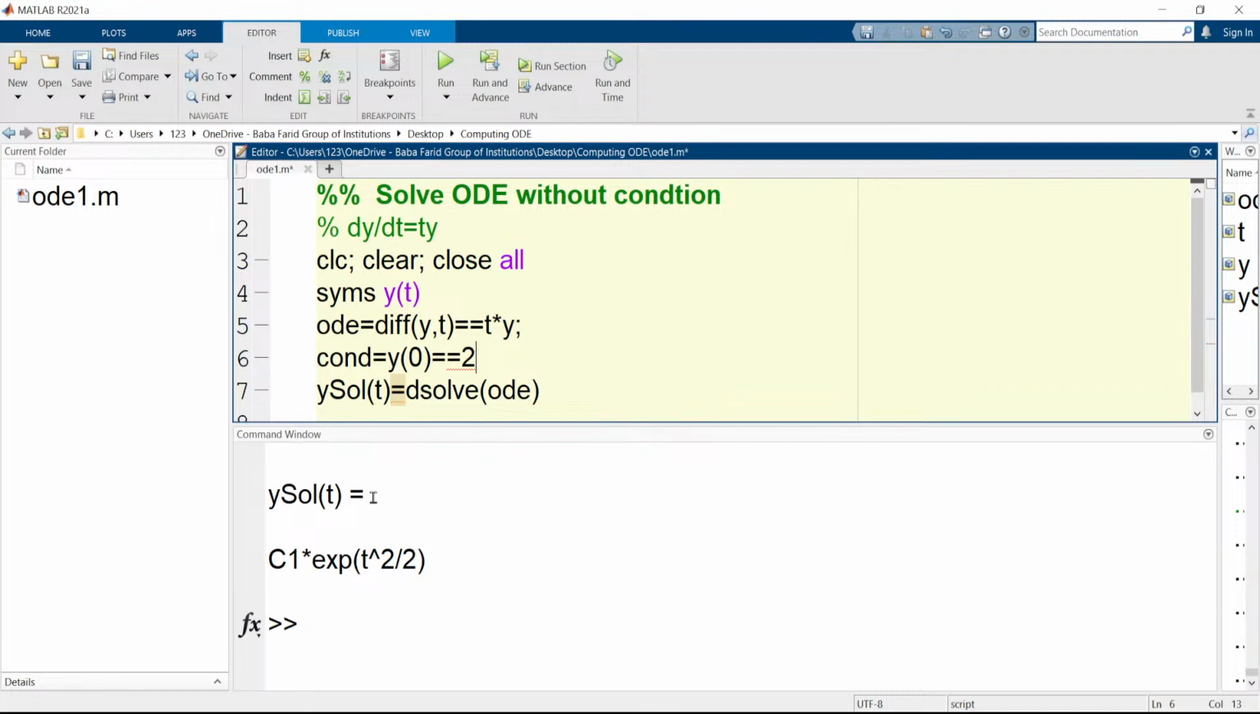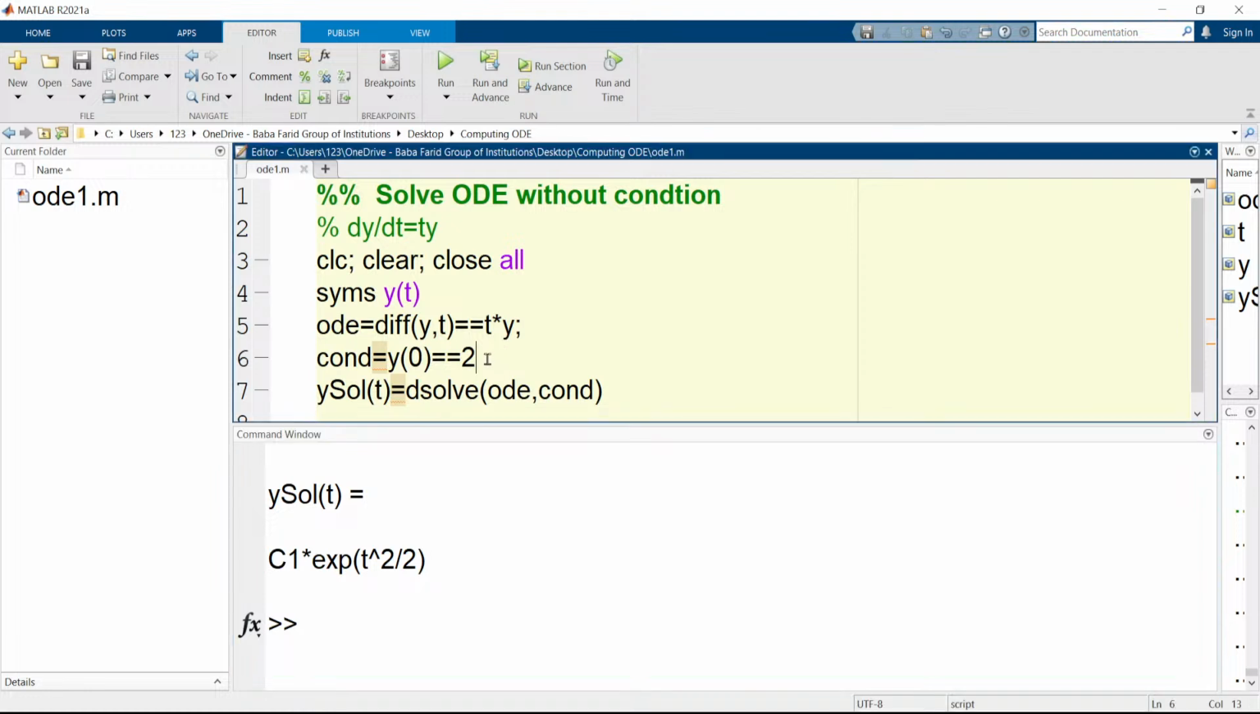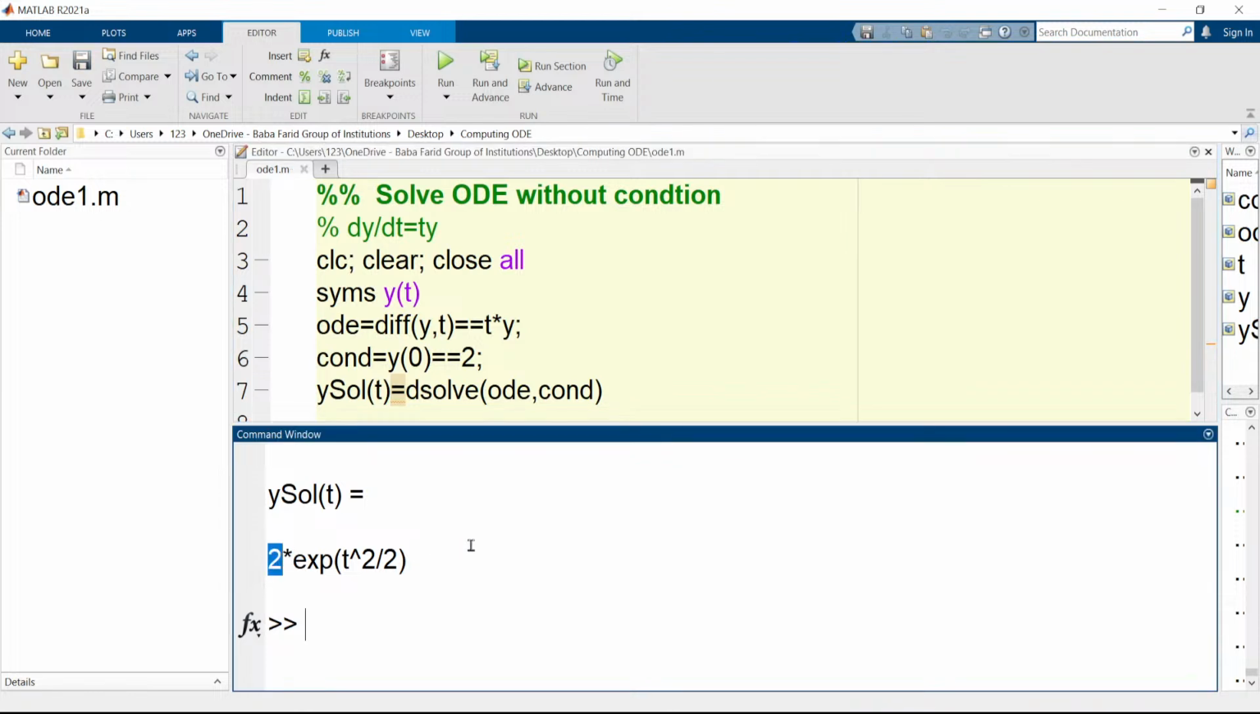Yes. And then we need to pass this condition at this place, and when you execute this statement, you can see that in the previous solution we had C1 at this place, and now we have the condition applied at this place. Use a semicolon. As you know, a semicolon is used to suppress the output. Again, when we execute this statement, you can see the constant at this place has been eliminated. Now we have the solution